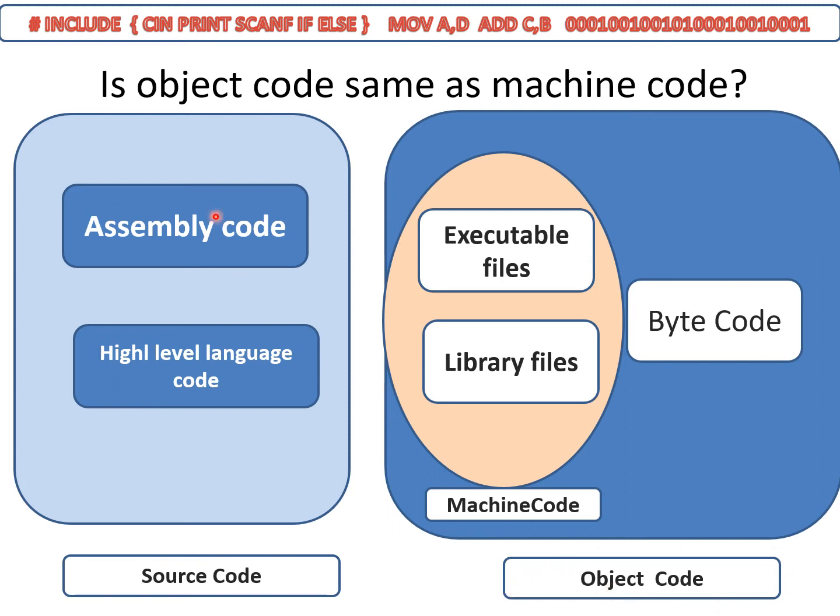Here you can have one doubt: is object code the same as the machine code? Object code is a portion of machine code that has not yet been linked into a complete program. It is the machine code for one particular library or module that will make up the complete product. Machine code is binary code that can be executed directly by the CPU. Object code has the jumps partially parameterized so that a linker can fill them in. A linker links several objects and the library files to generate an executable code.